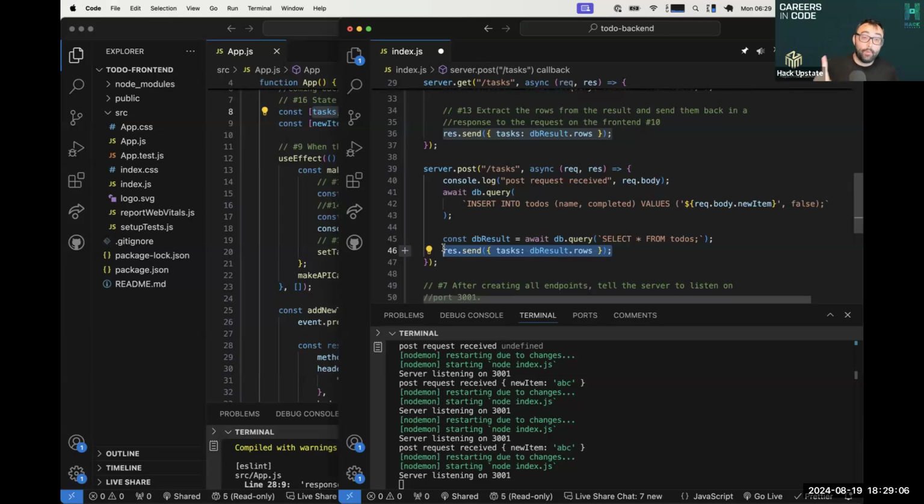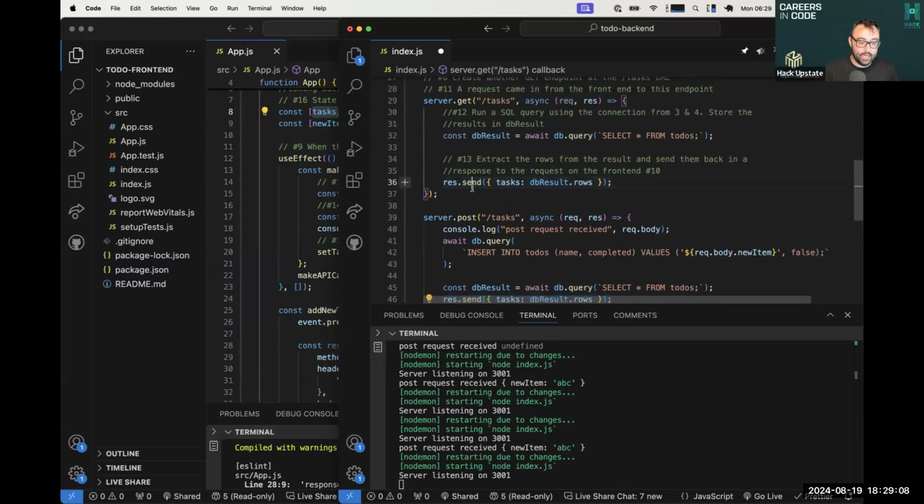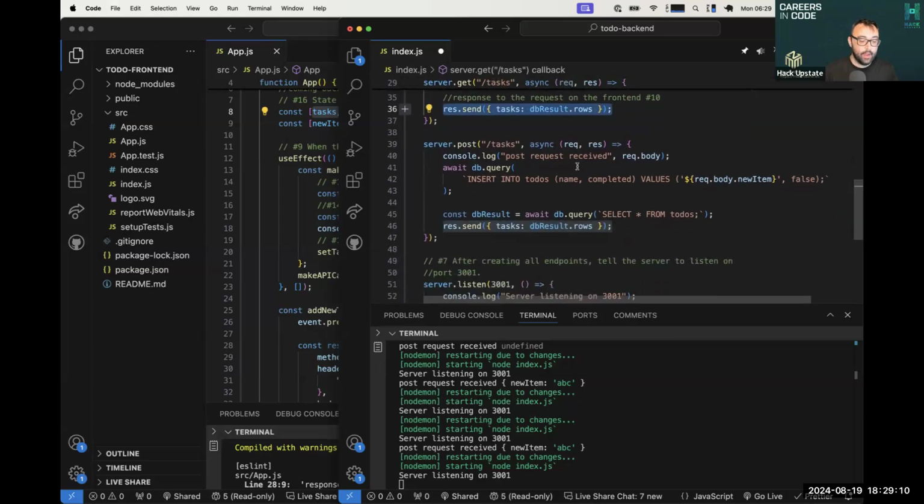One res.send per endpoint. So your res.send up here should still be in here, but in the post, make sure you only have one res.send. I'll reach through the virtual Zoom machine and slap you silly if you have multiple res.sends still left in your post request. Okay,